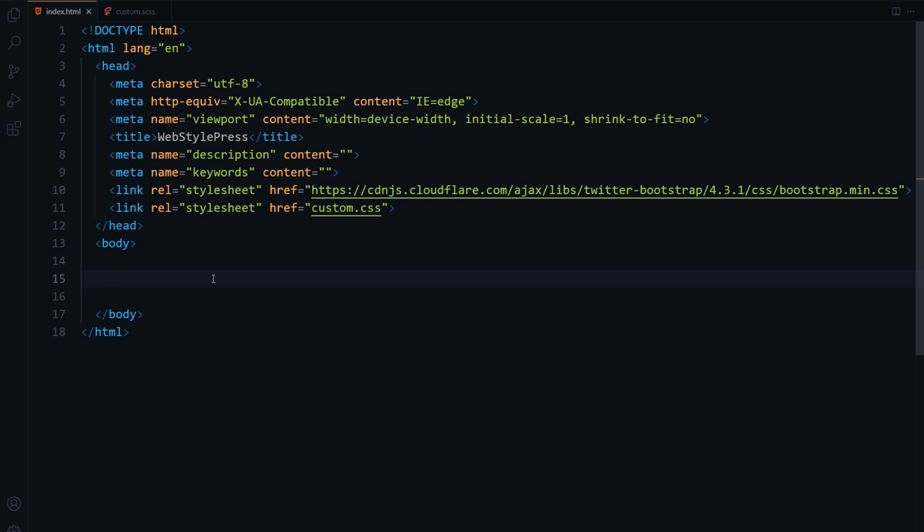Before you use complex JavaScript to enable smooth scrolling on a page, I want you to try built-in pure CSS smooth scroll. To demonstrate that, I have this HTML and CSS file.